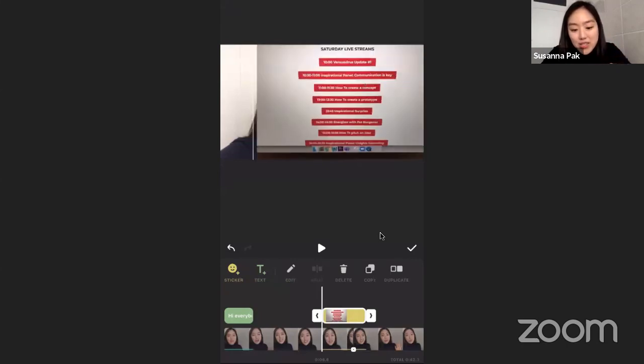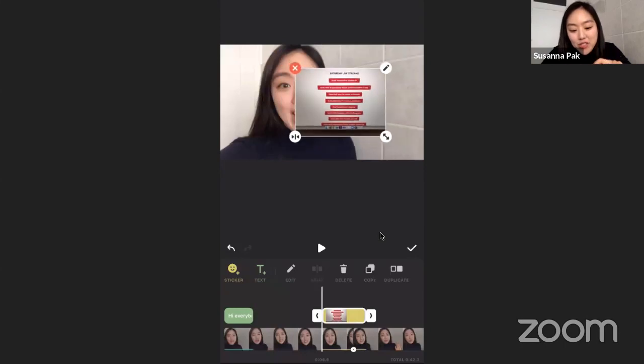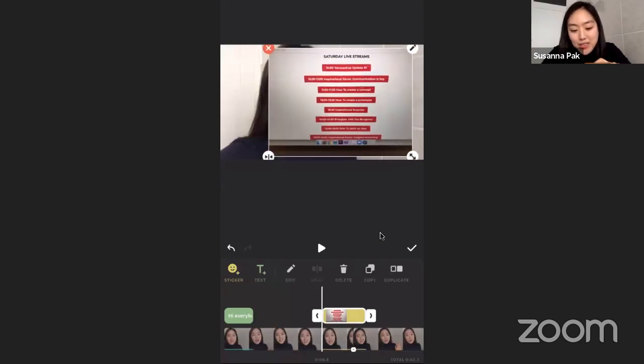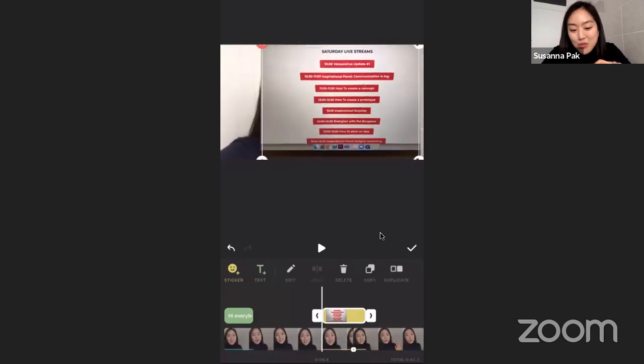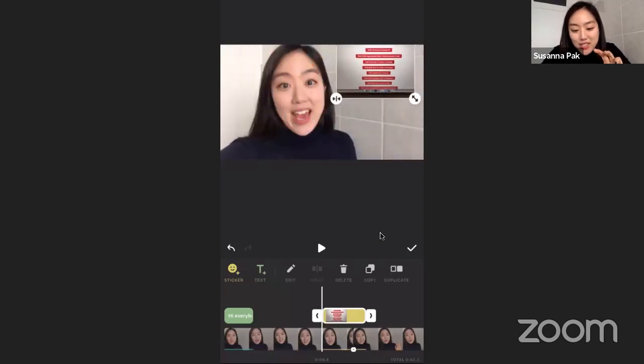Does everyone understand what I'm trying to say? If you put two fingers down on the image and you separate the two fingers while holding it down, you can zoom in, you can zoom out. So look at that, you can actually make